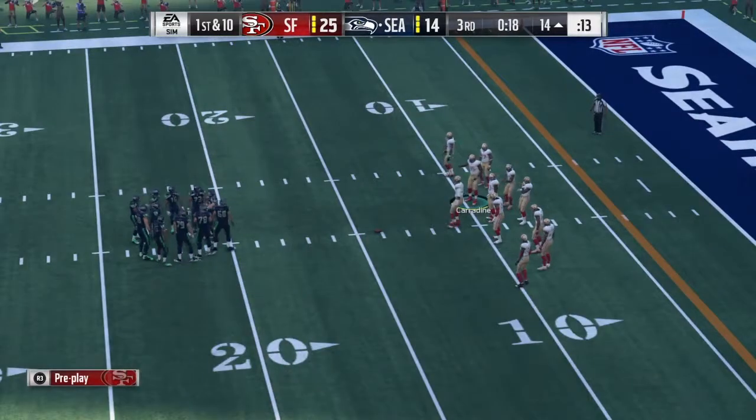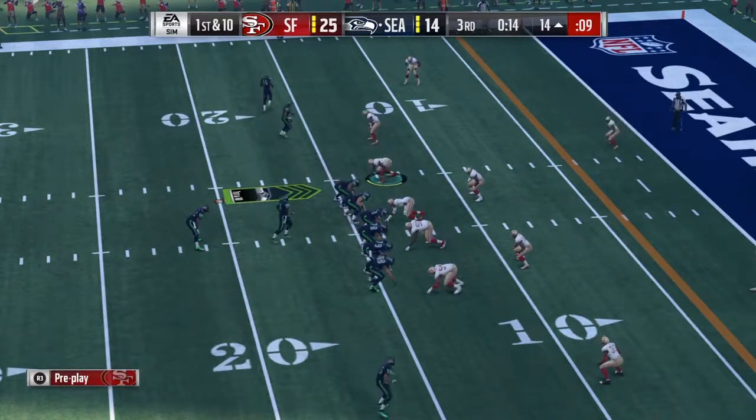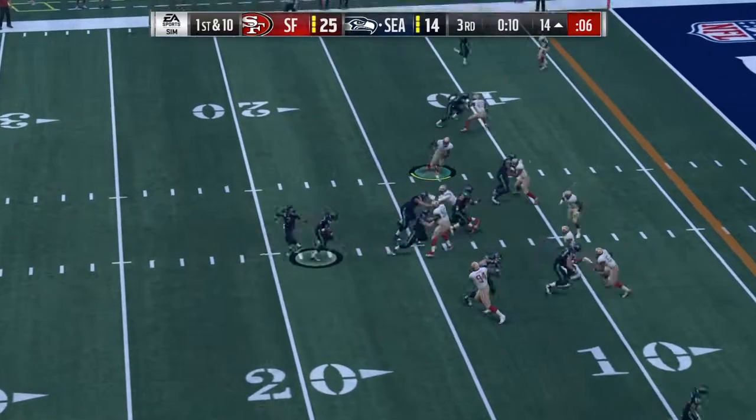And the offense readies for play number 10 of this series. On 1st down,